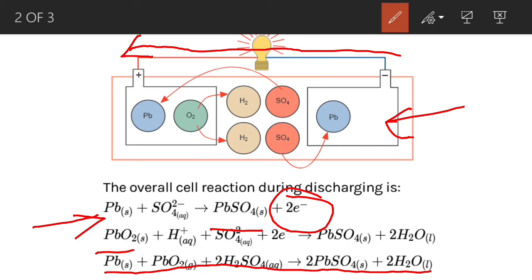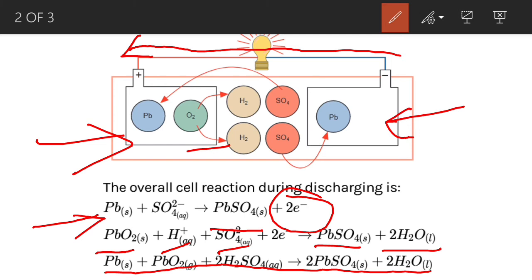and H+ ions. The oxygen part goes with the H+ ions to form H2O, which is a water molecule, and the lead reacts with the sulfate ion to form lead sulfate. This is the reaction taking place on the cathode. Here it is clearly shown that the lead is attacked by sulfate, and the oxygen reacts with the H2 to form water.